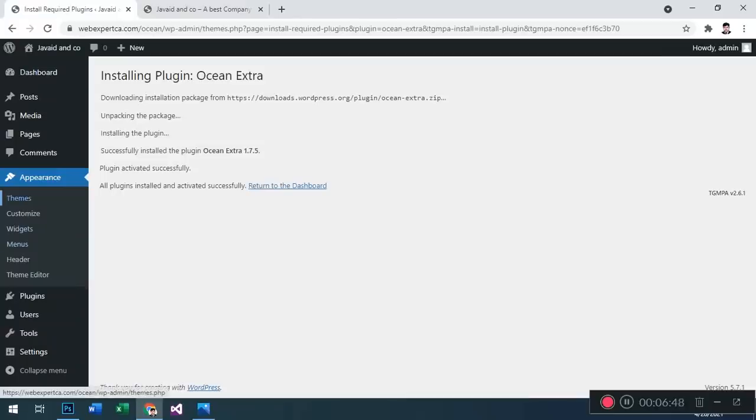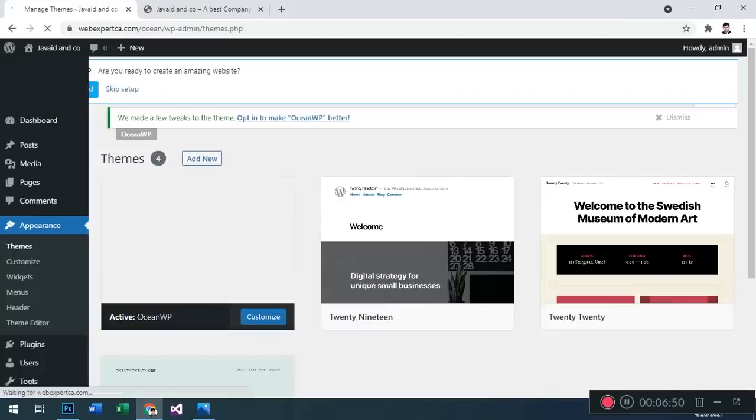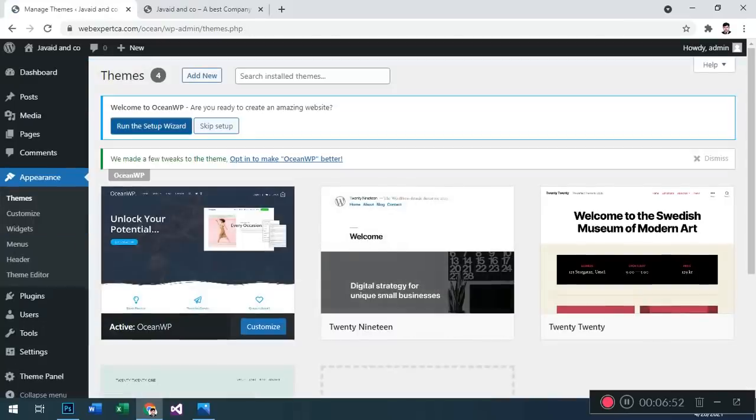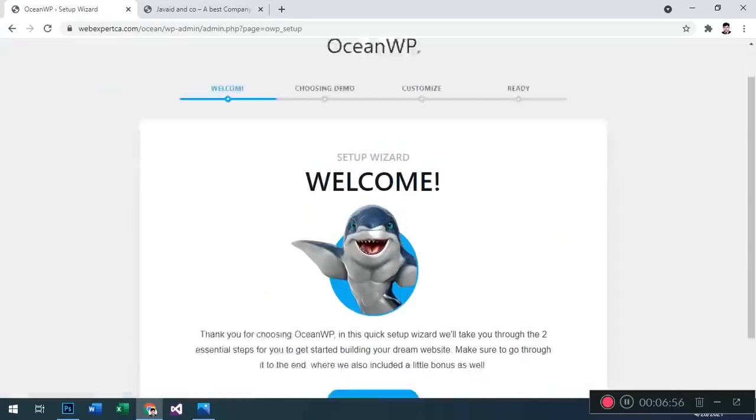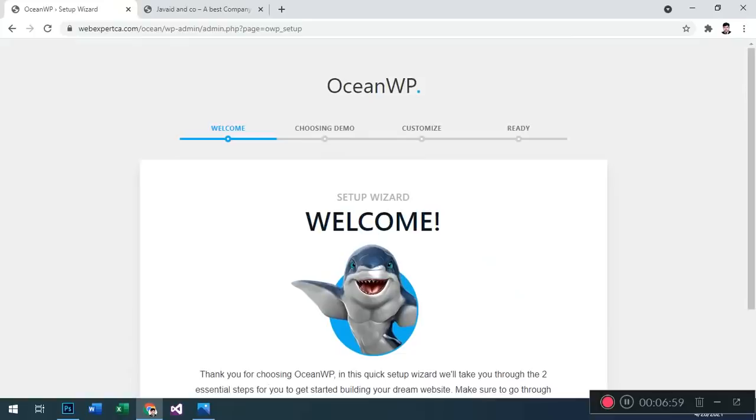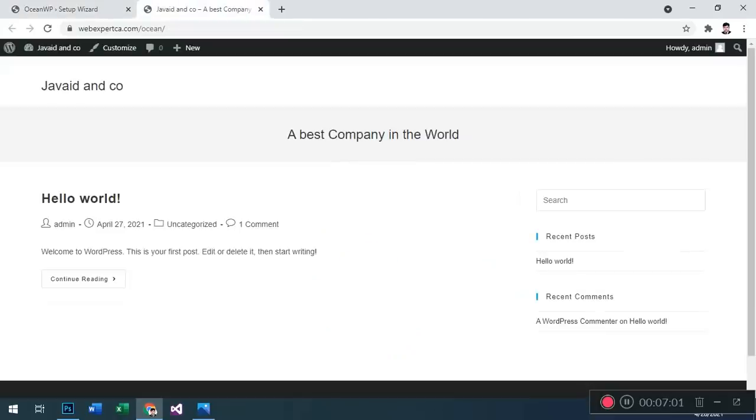I'm going to appearance and themes. Done. Run the setup wizard. This will be helpful for us. OceanWP gave us samples. OceanWP gave us a way to